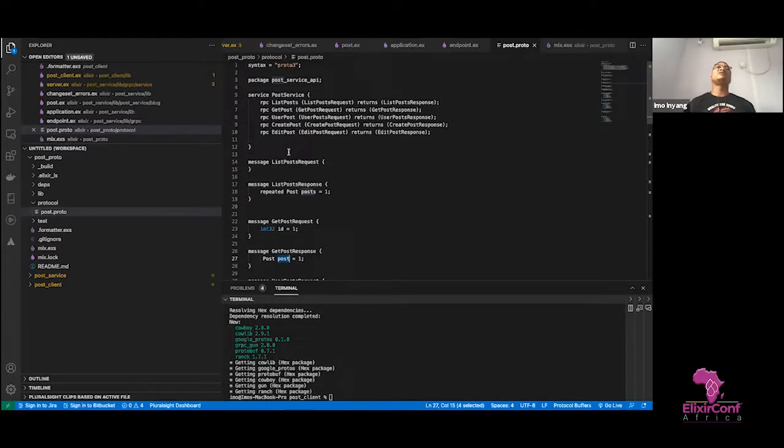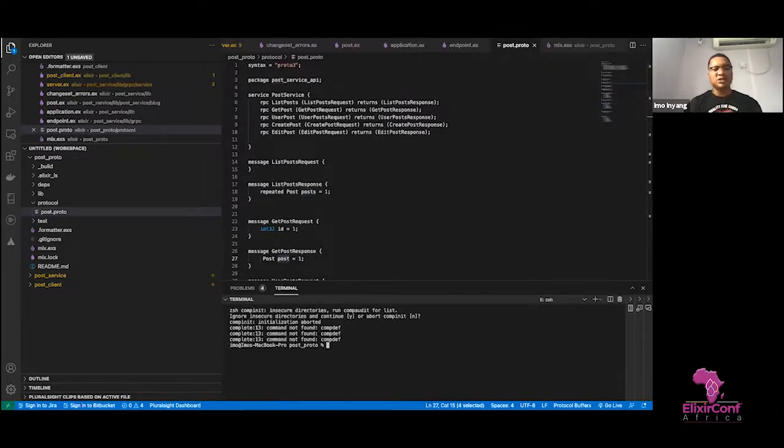So once all of this is done, we have to then generate the Elixir specific client code required for us to do the integration. And that is really simple and straightforward. So we're going to type on our terminal. If you have the files already defined on your terminal, let me just open this up. We're going to type something like protoc. This is working because we installed protobuf at the beginning of this,